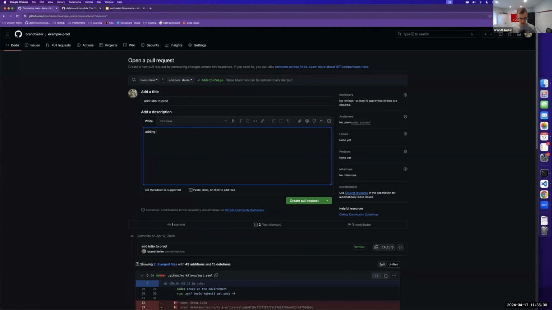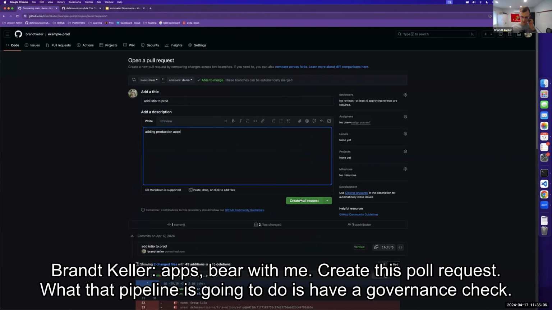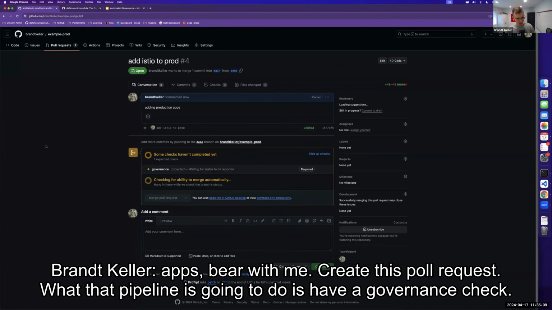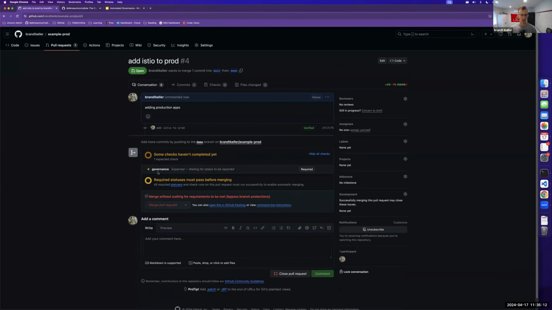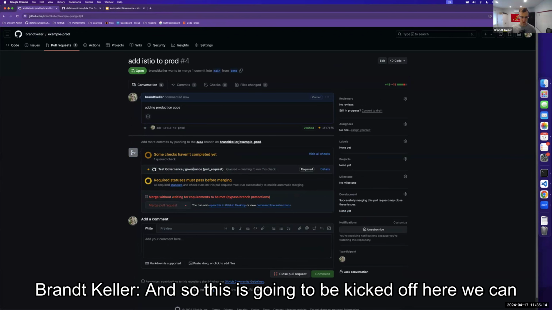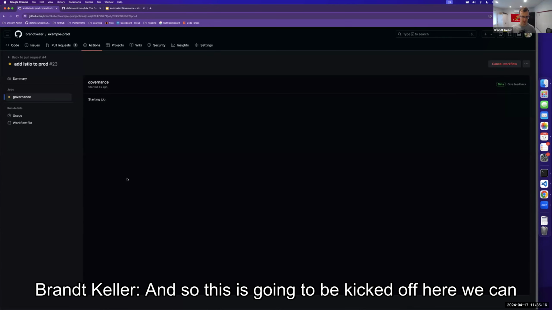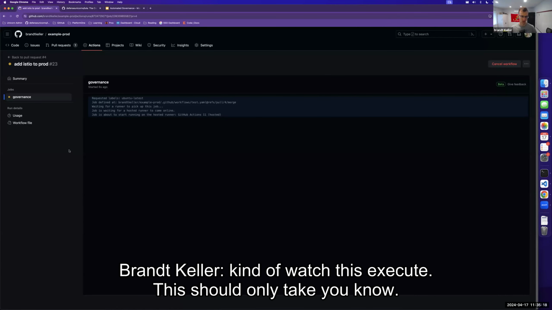What would we do here? Adding production apps, bear with me, create this pull request. What that pipeline is going to do is have a governance check. And so this is going to be kicked off here. We can kind of watch this execute. This should only take